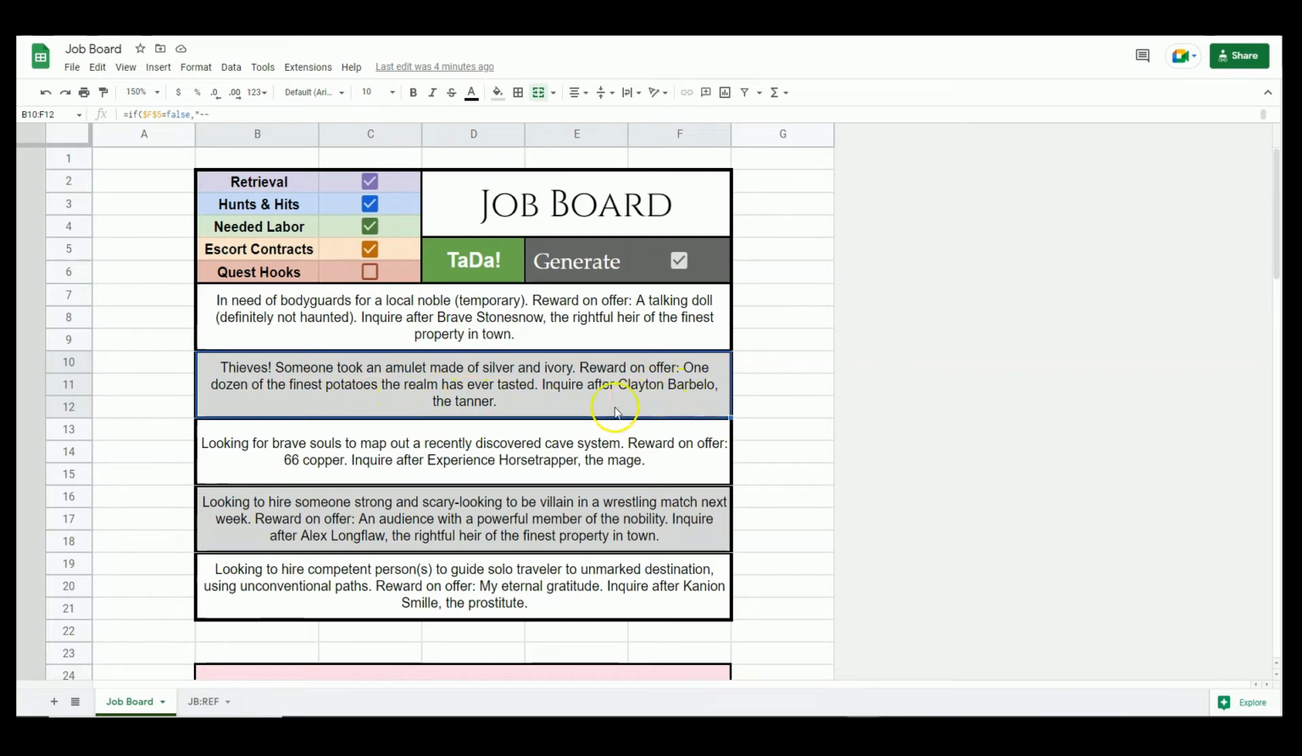So what my brain does here as the GM, if this was my table and this was my job board: we've got a relatively humble, poor guy named Clayton. He's the tanner. He doesn't have any money to pay you with, right? His amulet of silver and ivory was probably the family heirloom, and it was probably his insurance. If things ever did go bad for his family and he needed the money, he would sell his family heirloom. But now that's gone, and all he has to offer you is some potatoes that he probably grew